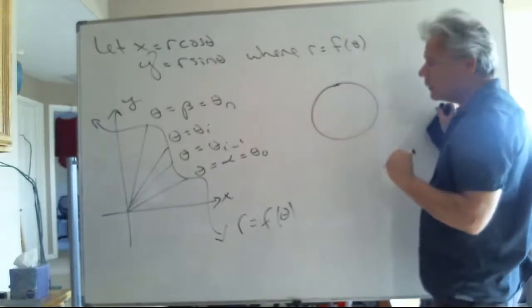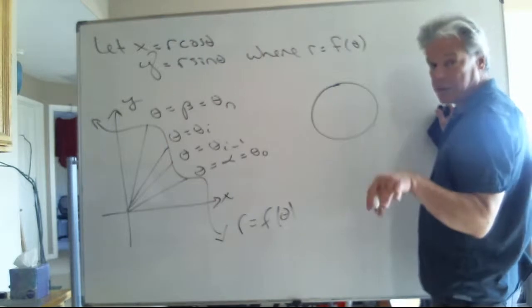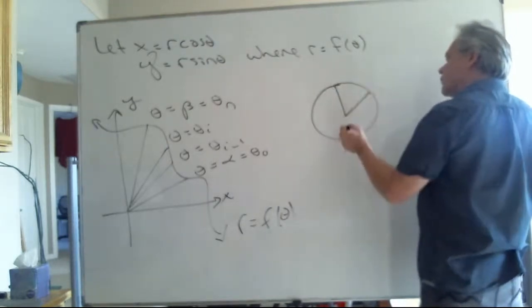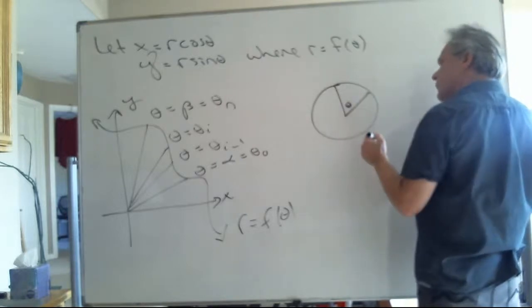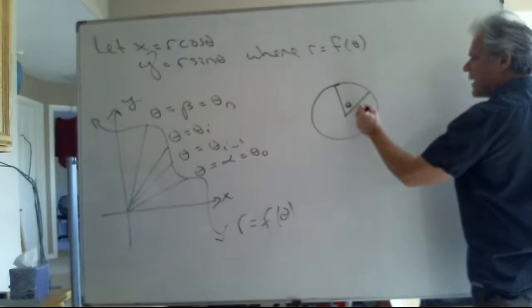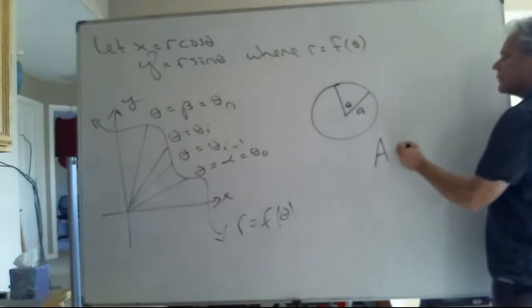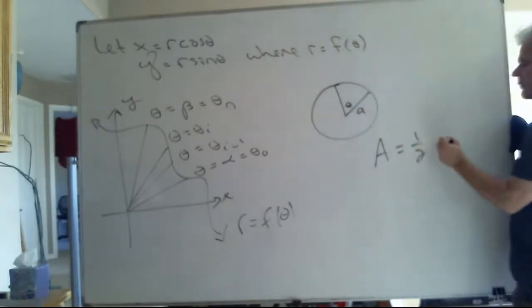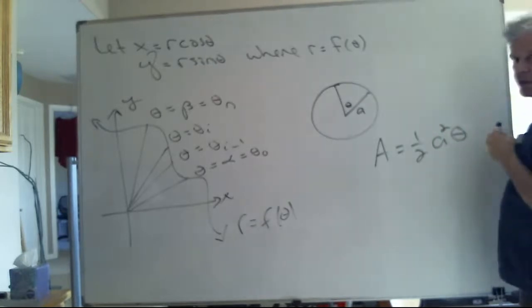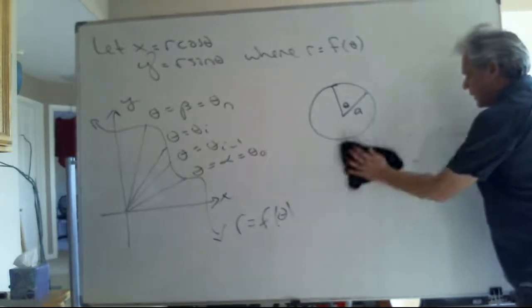Let's jog our memory from basic trigonometry. If I've got a circular sector spanned out by a central angle of measure theta, and the radius of the circle is, say, a, then the area of the circular sector is nothing more than 1/2 times the radius squared times that angle theta, if theta is measured in radians. Well, that being the case,